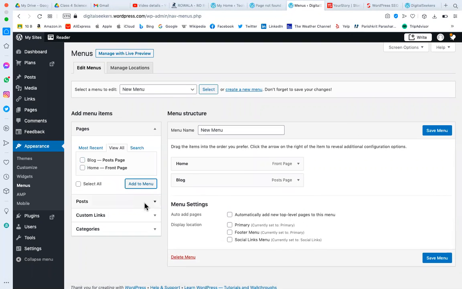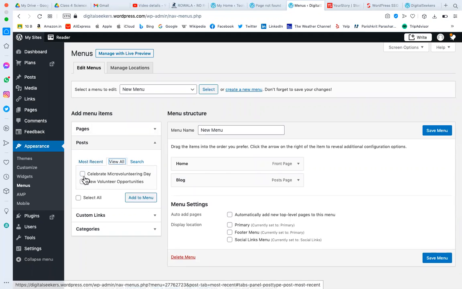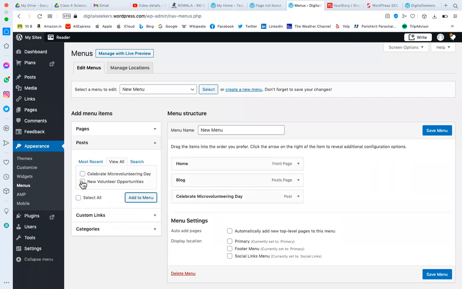We can add a post if you have any post. For example, celebrate micro volunteering day, new volunteering opportunity. Do you want to add this post? You can select the post and add to the menu.